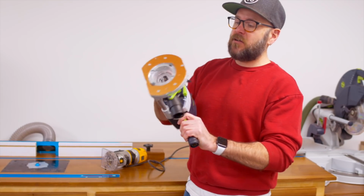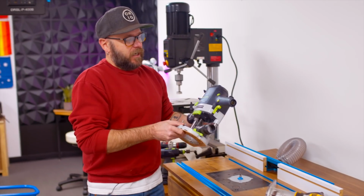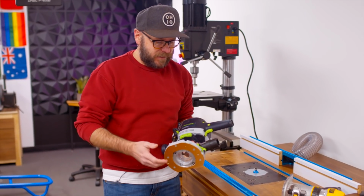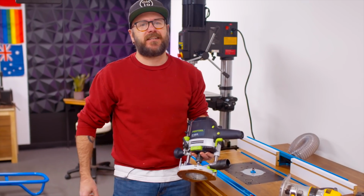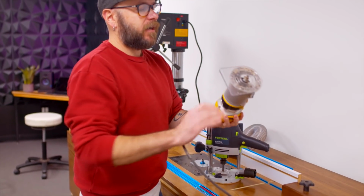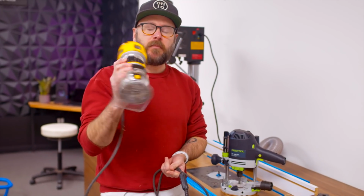As far as handheld routers, this is a plunge one. This is the Festool one. It hooks up to my existing dust collection. It's fancy. And then I also like this little palm router. A lot of times it's just nice to have something smaller, and you feel a little bit more in control